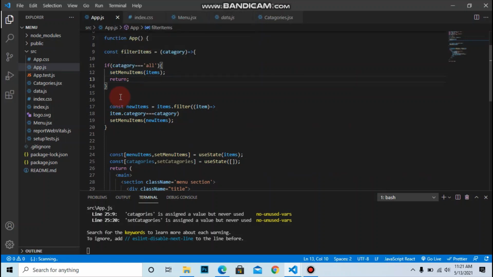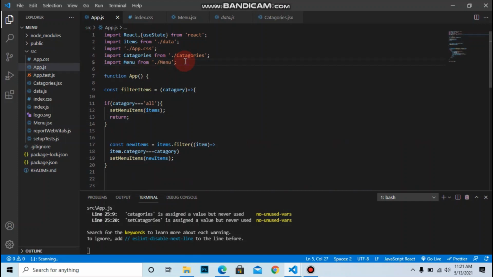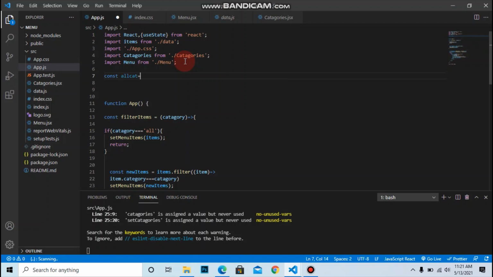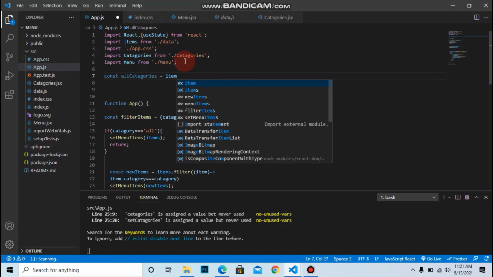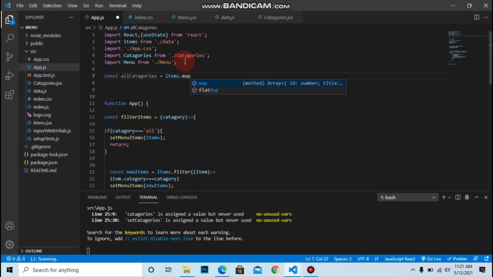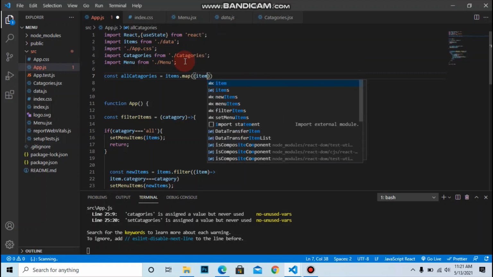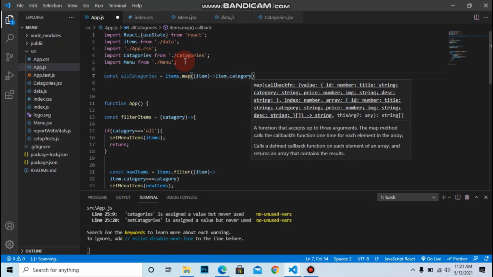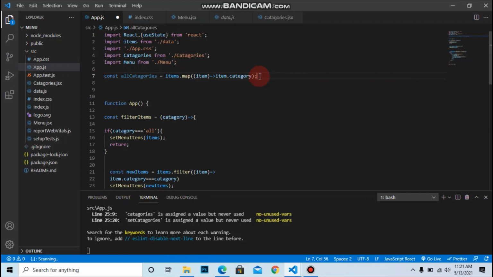To do that, let's first make the const all categories. Categories equals to, let's map over the items, items.map, and pass the item as a parameter. Then we pass item.category and a semicolon.